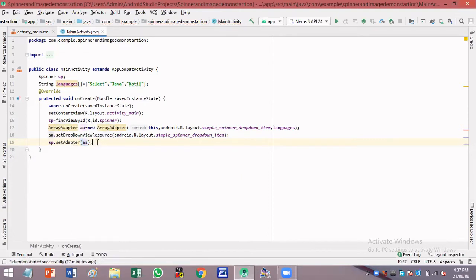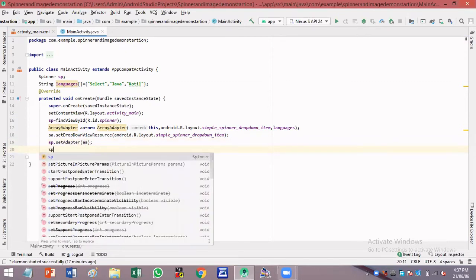Okay. After setting the adapter, next you have to work on the user choice. If the user chooses Java language, then I'll generate a dialog box saying that you have selected Java language. If the user selects Kotlin as their language, then I'll generate an alert box just confirming that the user has selected Kotlin as the language.